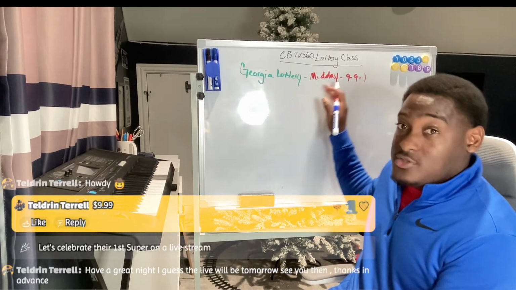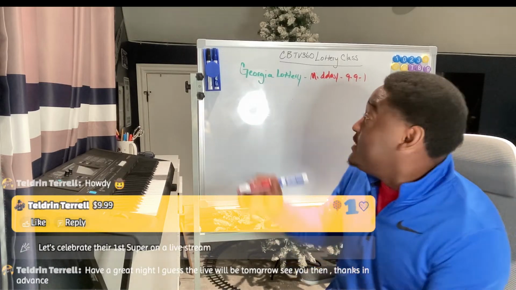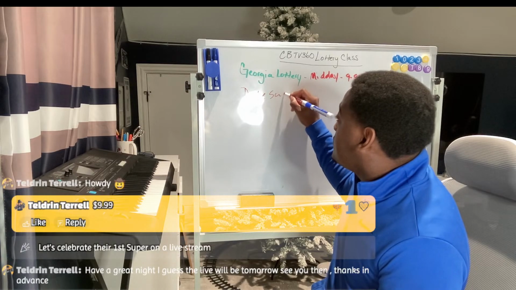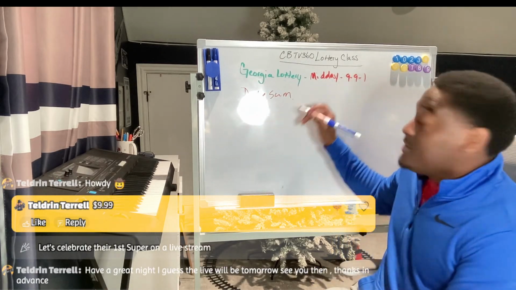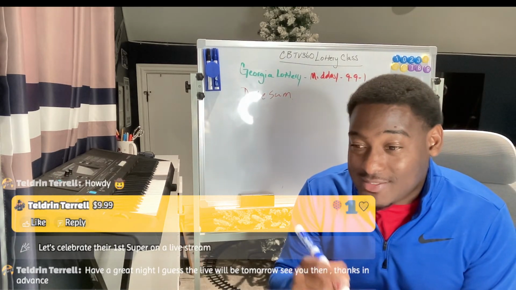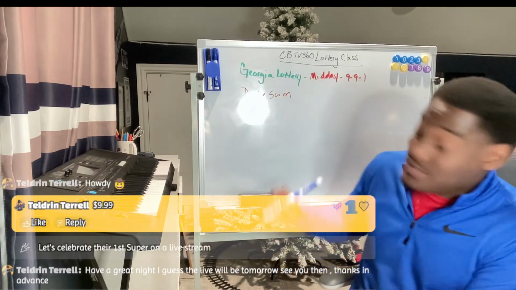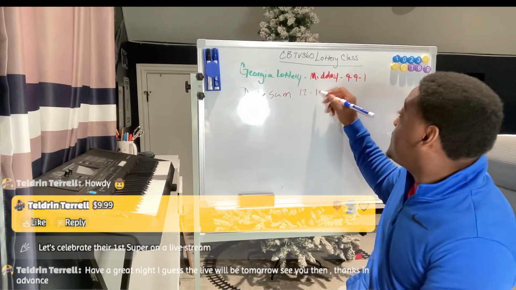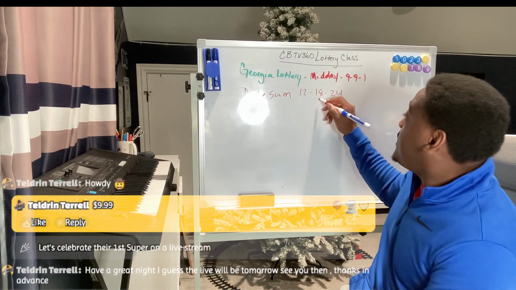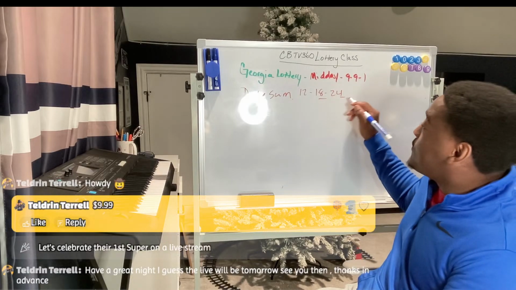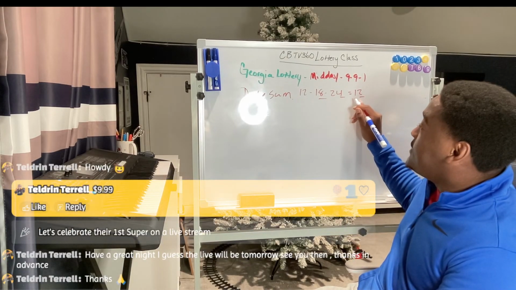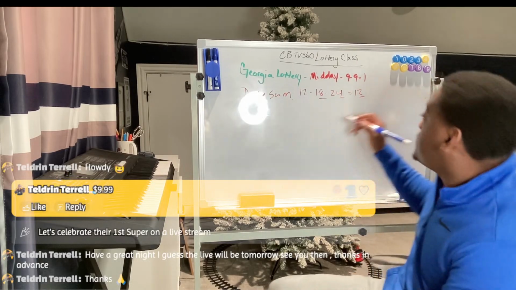So midday in Georgia was 991. The first thing you want to do is get your date sum. And if you don't know what the date sum is, the date sum is today's date, right? So it's 12, 18, 24. You take the 8 and the 4 and add it together. That's 12, right? So you take that 2 right there. Remember that 2, because when you do your lottery numbers,